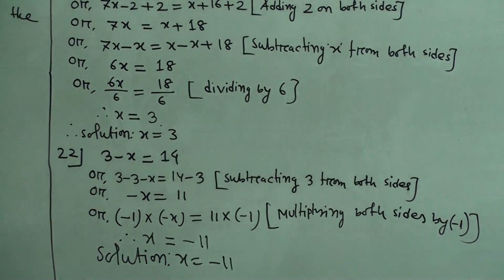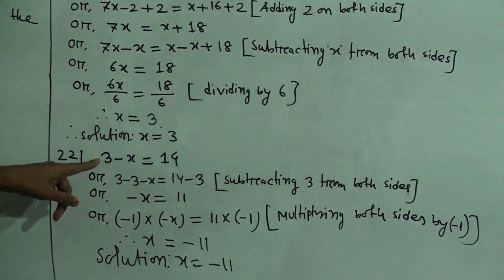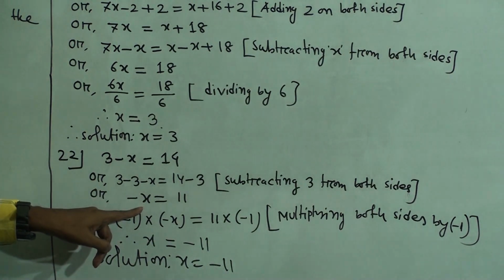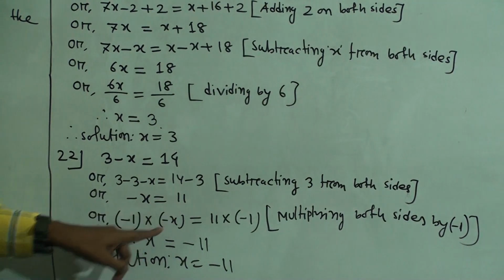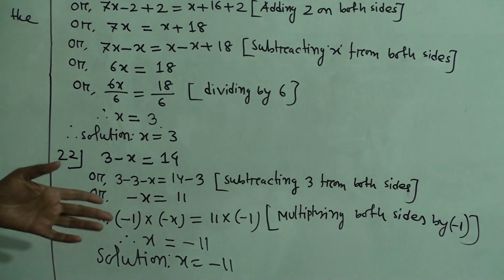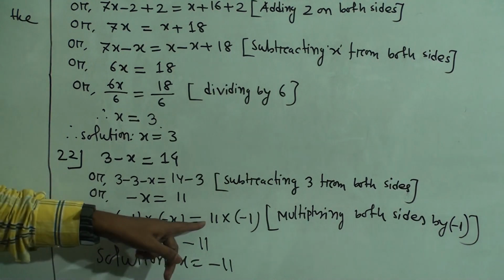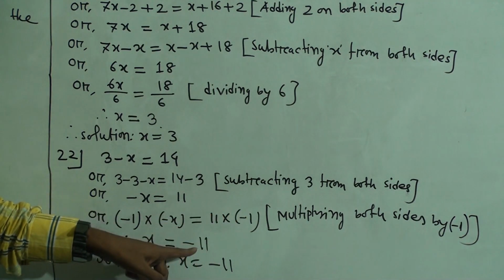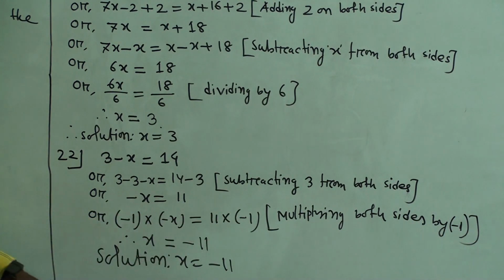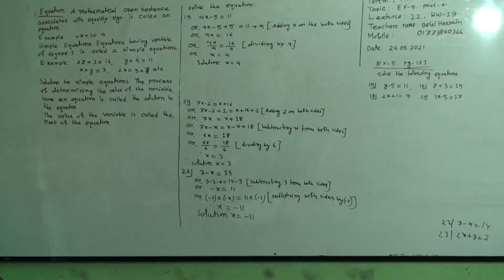Student, I hope you understood. Look, 3 minus x equal to 14, then the opposite of 3 is minus 3. Minus 3 vanish, then minus x, 14 minus 3 equal to what? 11. Now minus x equal to 11. So you have to multiply both sides by minus 1, that means minus and minus gives plus x, and 11 into minus 1 is minus 11. So solution x equal to what? Minus 11. Student, now I will solve question number